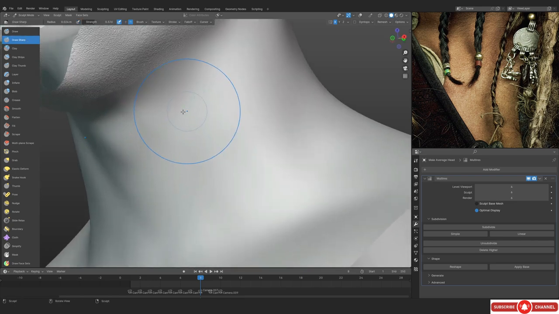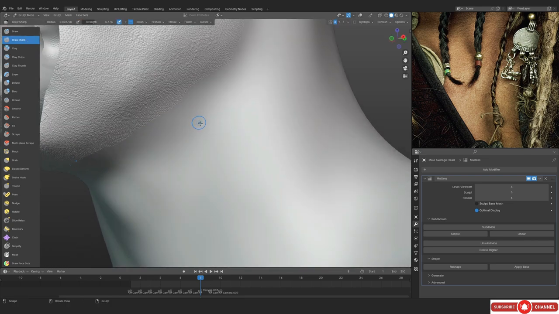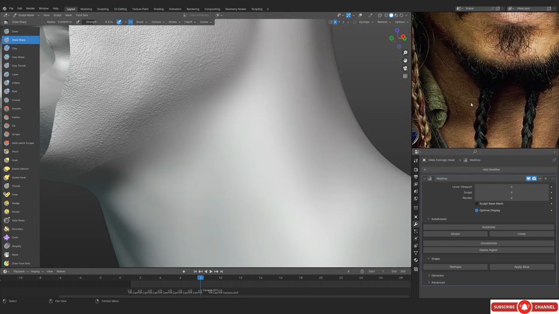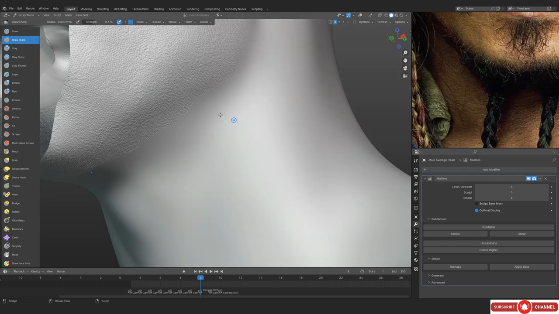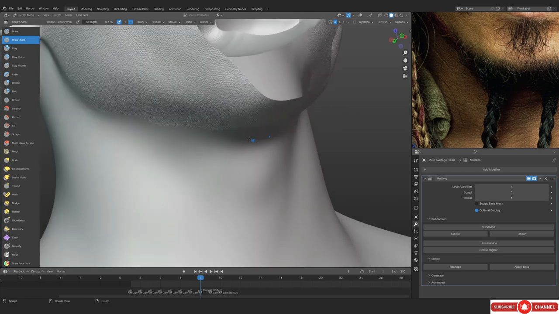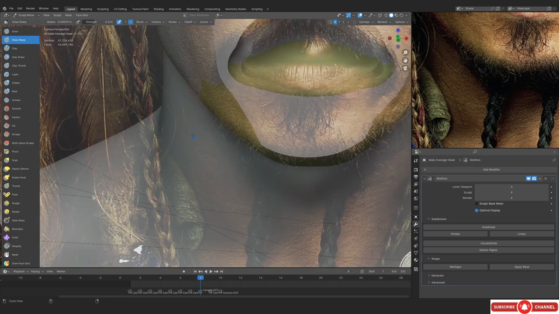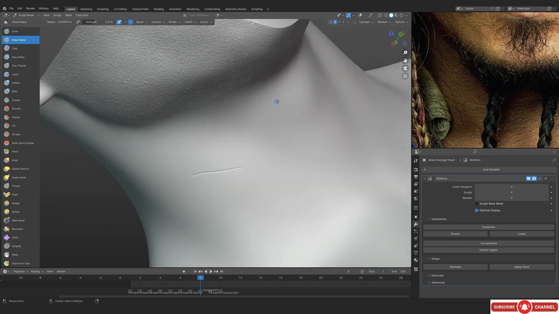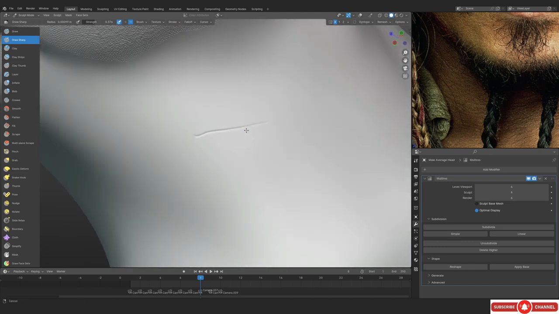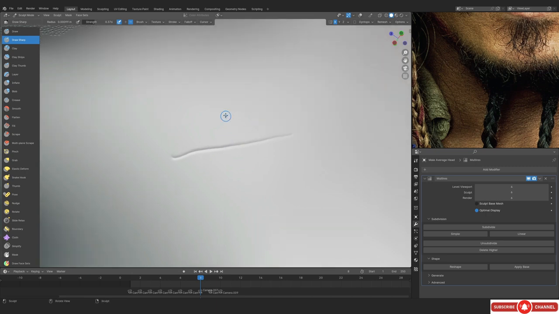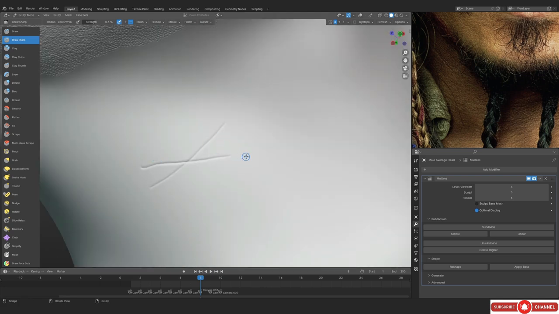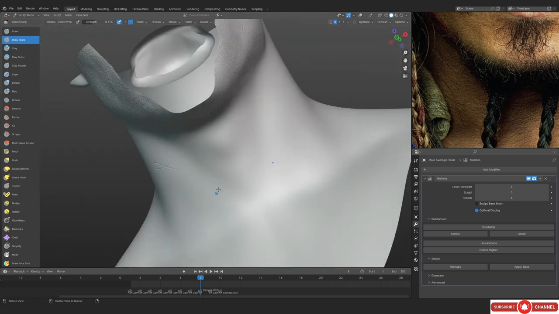All right, now we are obviously going to be hiding things that we don't need because, again, this is just going to make the performance way, way better. And we need to just add these horizontal lines first. But also, you can see that we have this area where pores are suddenly stopping, and we don't want that. But all right, now I'm literally just marking these horizontal lines, and there is going to be crisscrossing in this version as well. So you can see this is how you want the crisscross to happen.